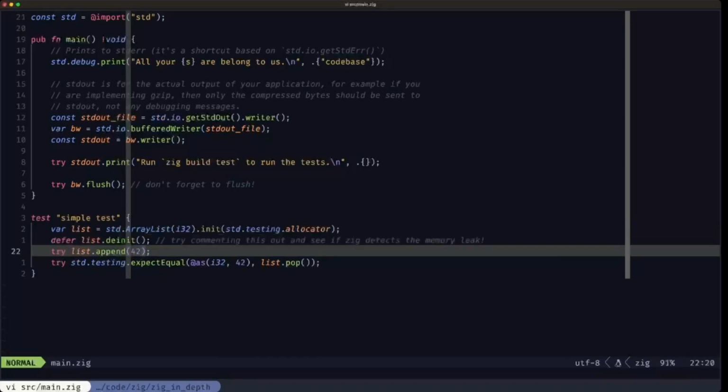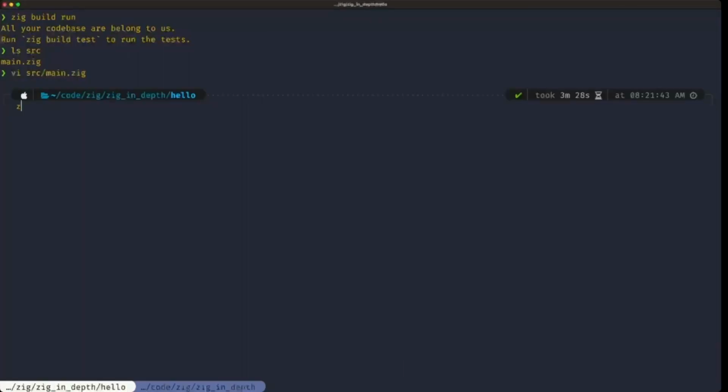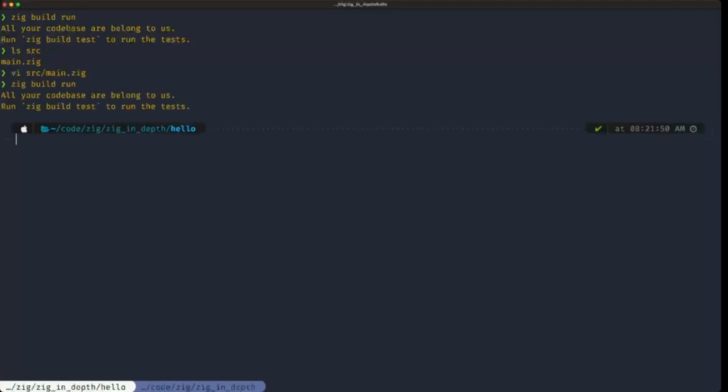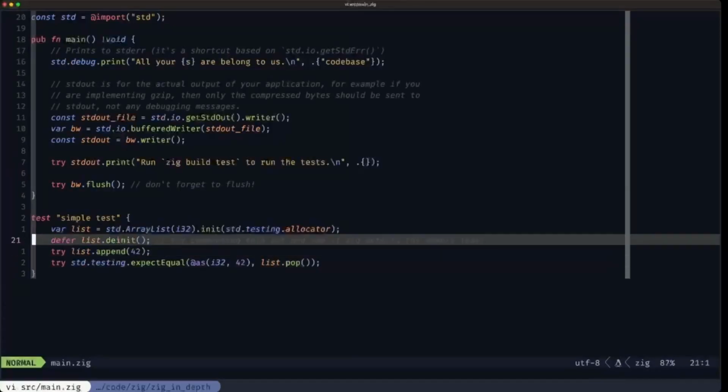And here we add an item and we test. So as we saw, if we do the zig build run, that's the output, and it's telling us that we can do zig build test, which is the subcommand that is defined in build.zig to run our tests. Let's go back to that main.zig, and it says here if we comment out this line, let's save that change,